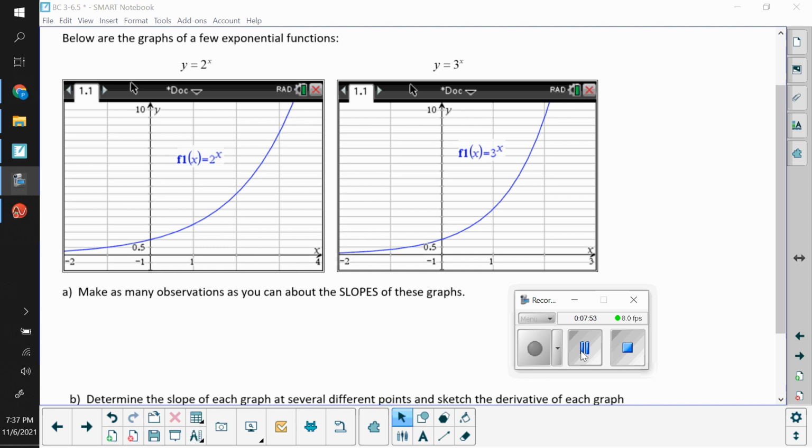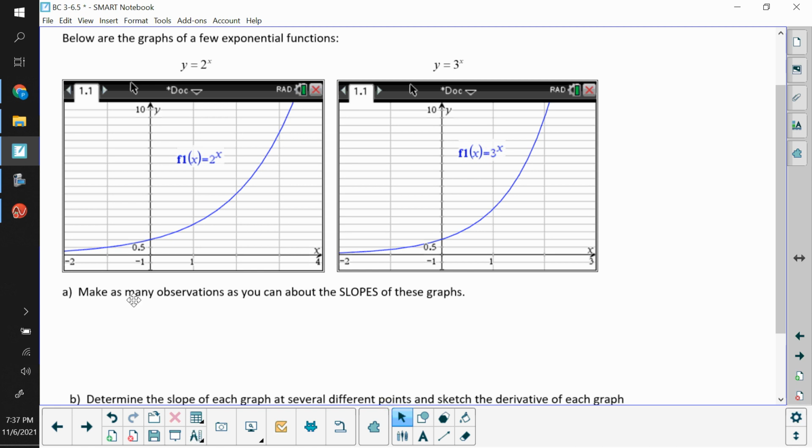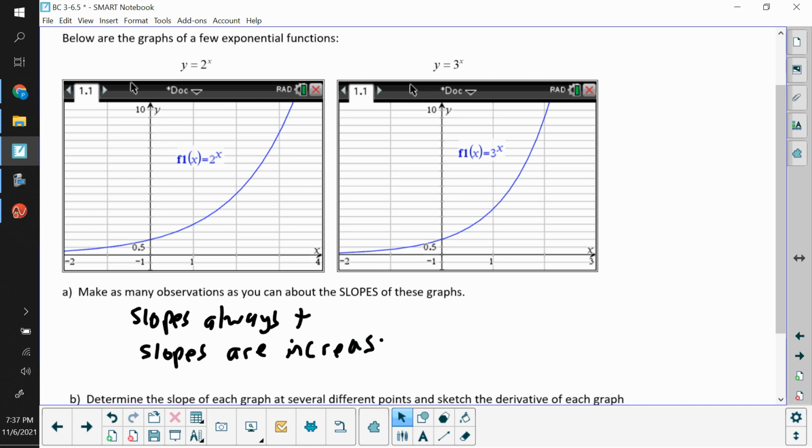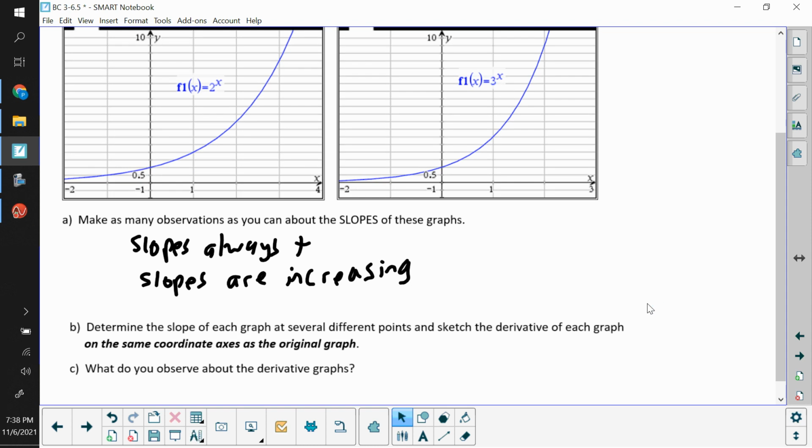So hopefully you had a good discussion there. The things that tend to come up in years past is one, the slopes are always positive. And another thing that always tends to come up is the slopes are increasing. You may have had some other things as well, but those are two common ones that tend to come up. So what we're going to do is